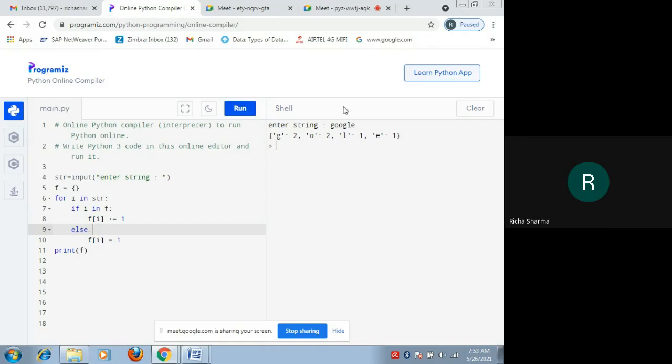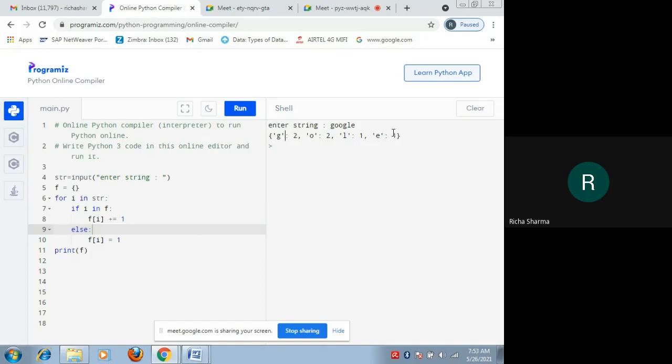We have passed Google here, and the key value pairs are generated in the dictionary. The first key value pair is G colon 2. That means G occurred 2 times in our passed string. The next key value pair is O colon 2. That means O also occurred 2 times in this passed string. L occurred 1 time, and E occurred 1 time.